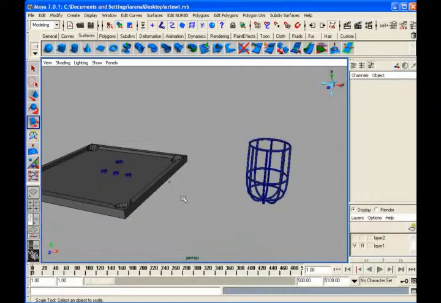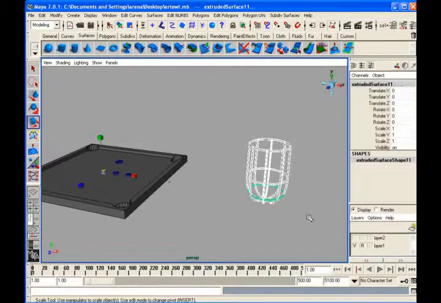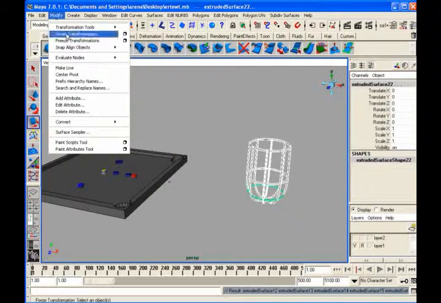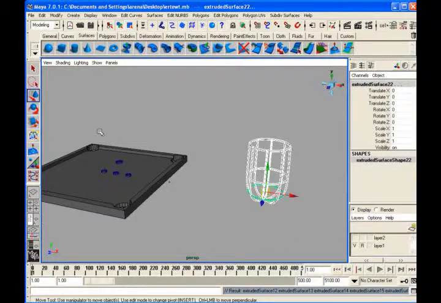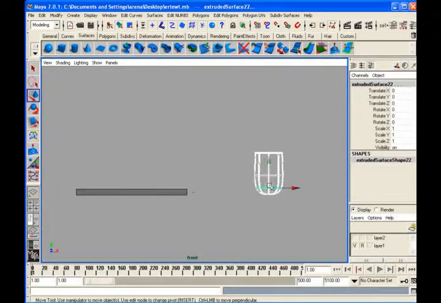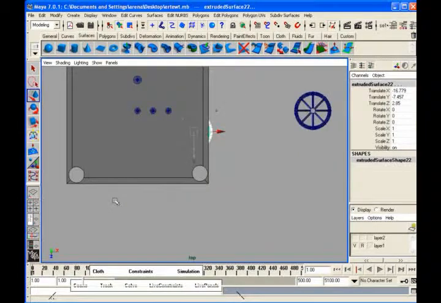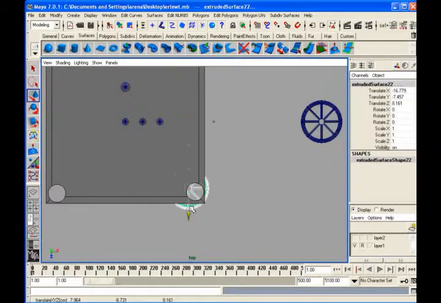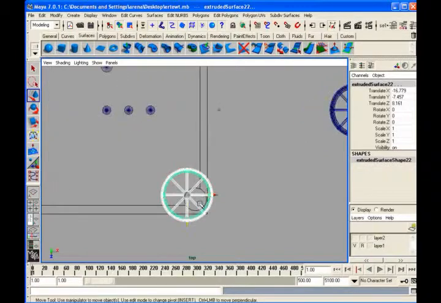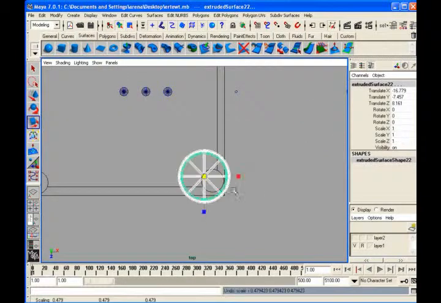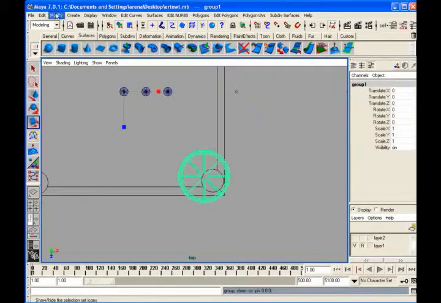Then you just delete your curves, then group it, and say modify center pivot. Where you want to put that thing, you just drag it there, or duplicate, whatever. In top view, bring it there, press 4, scale it down, press Control G, modify center pivot, and scale it down until it matches your hole.